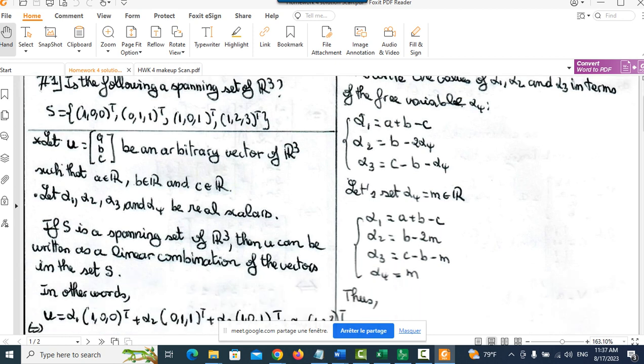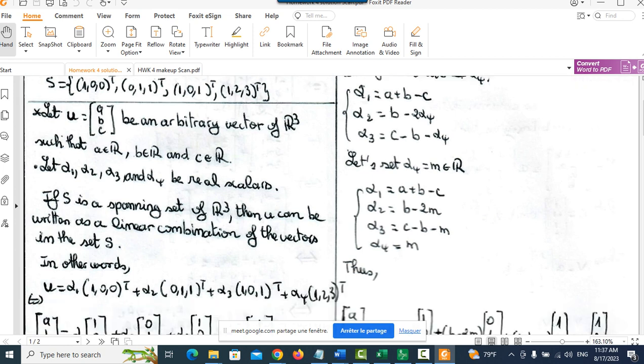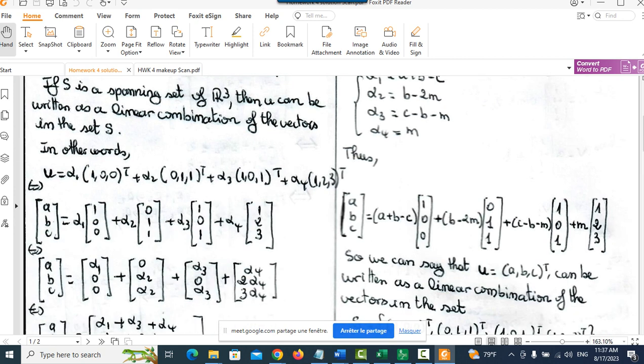If S is a spanning set of R3, then the vector u, an arbitrary vector from R3, can be written as a linear combination of the vectors in the set S. In other words, I can write u equal to alpha 1 (1, 0, 0) transpose plus alpha 2 (1, 0, 0) transpose plus alpha 3 (1, 0, 0) transpose plus alpha 4 (1, 1, 2) transpose. So if I can find coefficients alpha 1, alpha 2, alpha 3, and alpha 4 such that this is true,